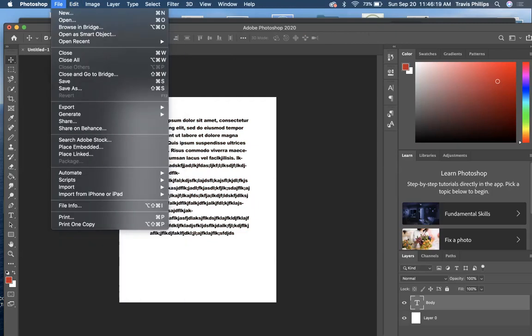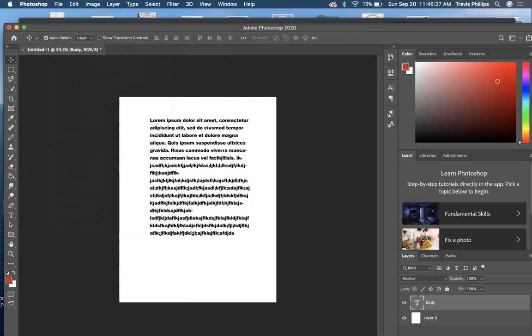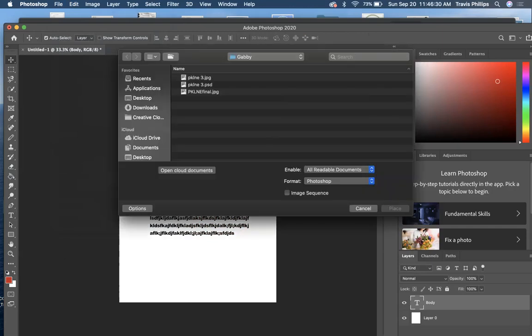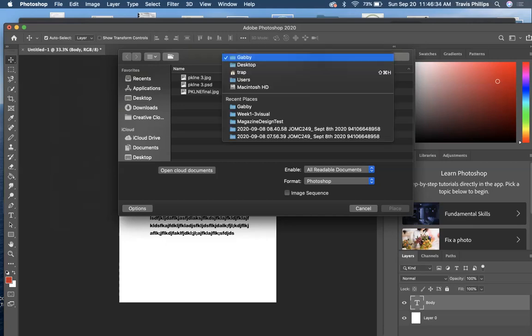Now I want to add an image. Every project should have an image, okay? So we go to File, Place Embedded. All right, so this is somebody else's photo I was working on. She has a business and I was working on her business, but